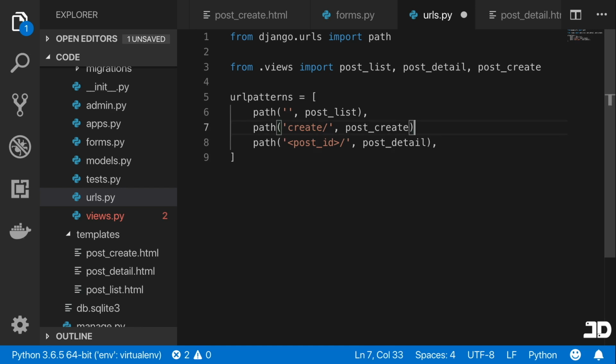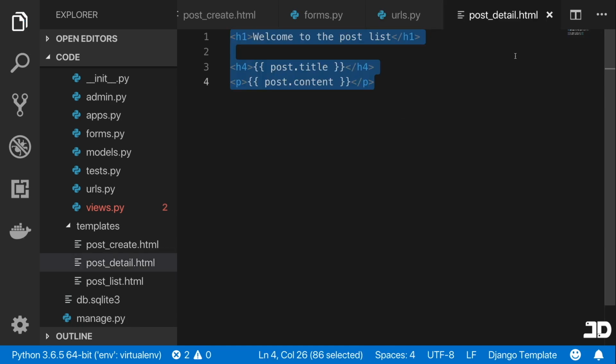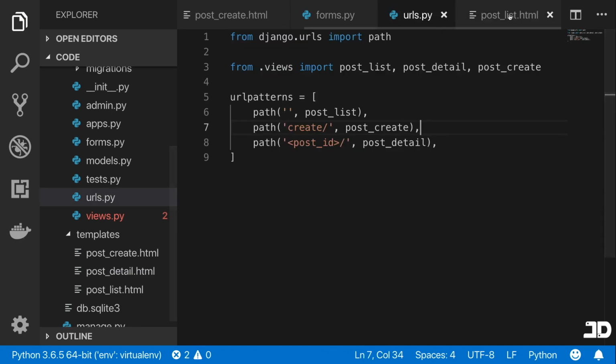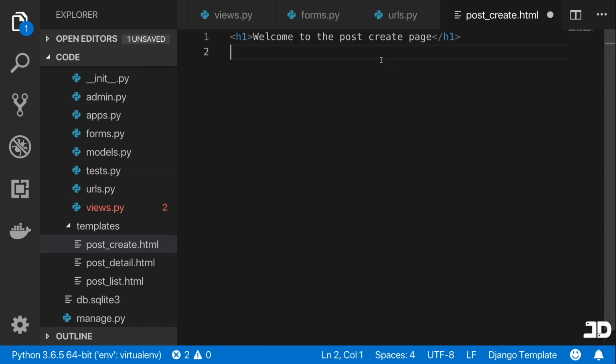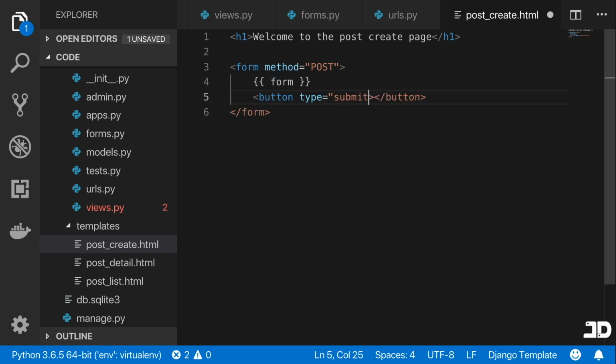And I'm going to put this above the post detail one, and then we'll just copy everything from the post detail HTML, and we'll go into post create, and then we'll say welcome to the post create page. And then here we're going to create an HTML form. We're going to set the method of the form equal to post, and we're going to put our form, which is coming through, as our context variable. We'll then also add a button and say that the type equals submit, and we'll just say create post,